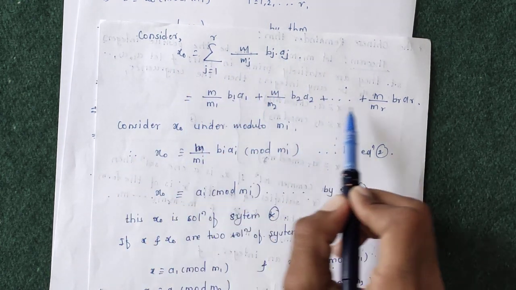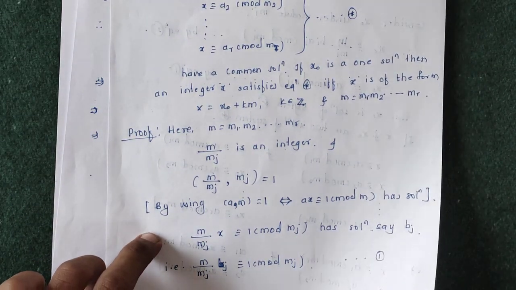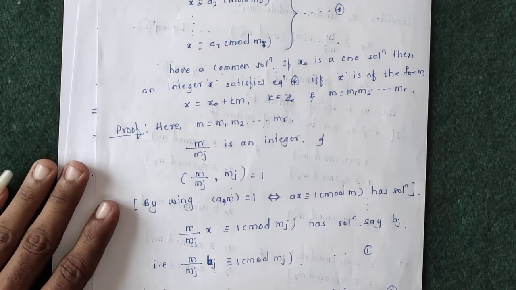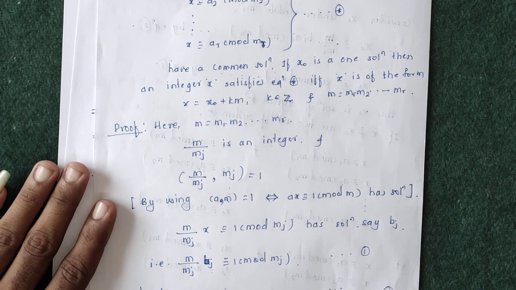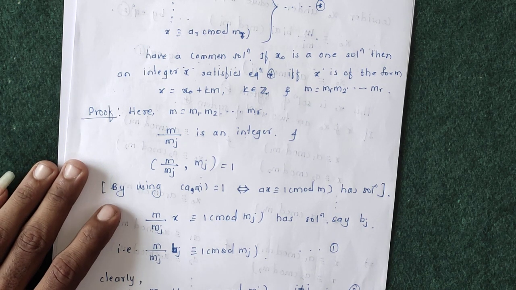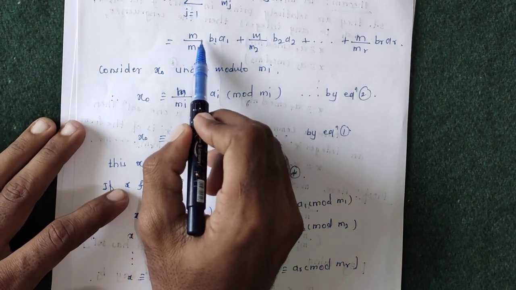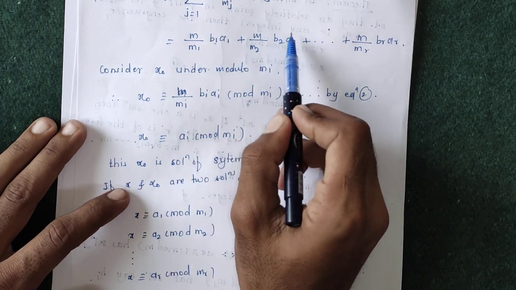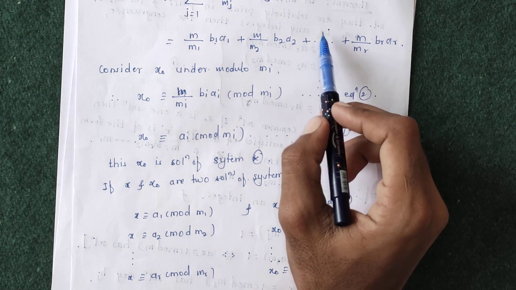Running this summation, we get this, and by equation number 2 we have m by mj bj is congruent to 0 if i is not equal to j, so all these numbers are congruent to 0. If i is equal to j, then we cannot say that the remainder is 0 or something else. So m by mj bj, if we take i not equal to j, then i is different from j, then m by mj is congruent to 0 modulo mi. Using this result here, we get m by m1 into b1 is congruent to 0, m by m2 into b2 into a2 is congruent to 0, up to all the terms are congruent to 0 except m by mi.